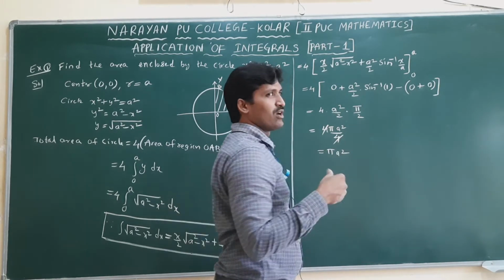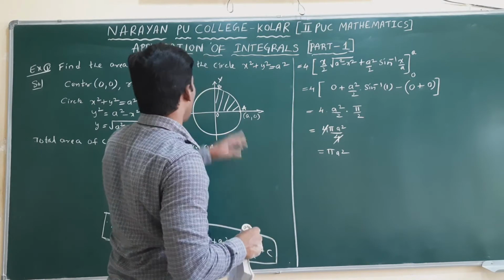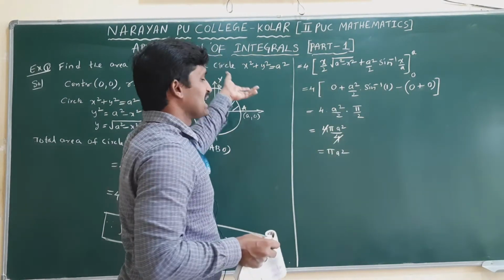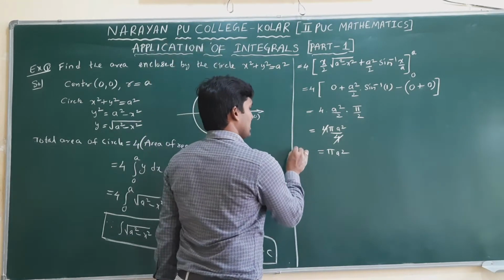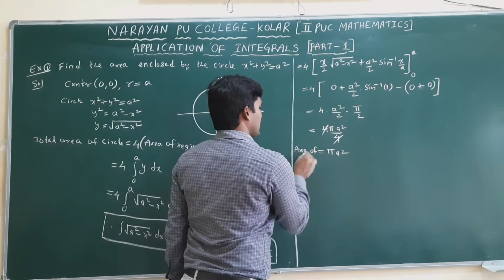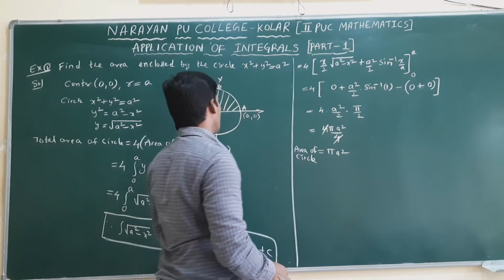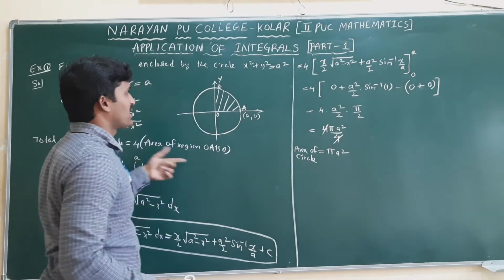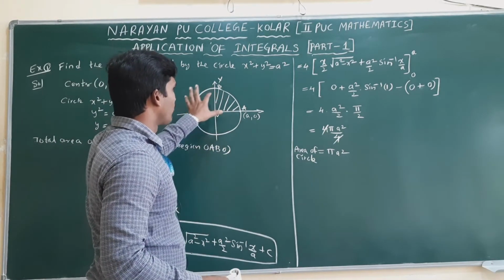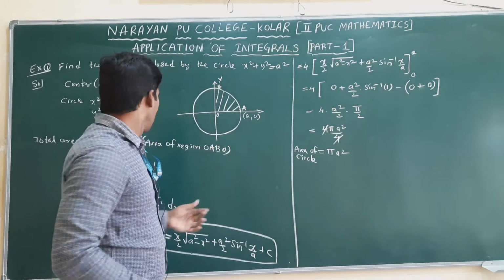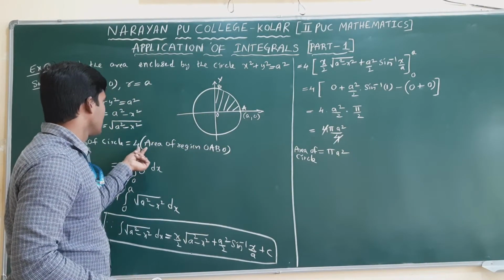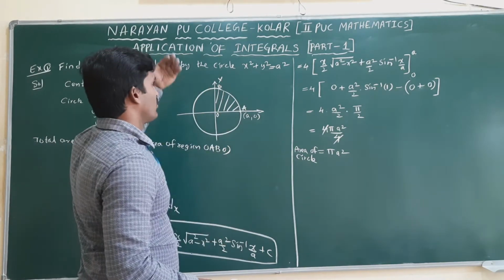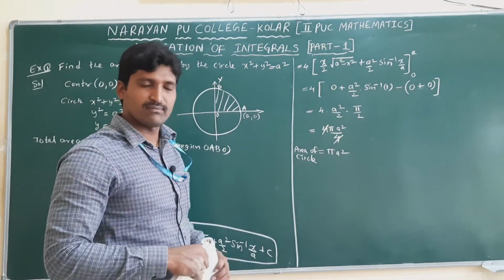Now generally area of circle is what? Pi r square. Where r is what here? A. We got same only. But we are finding based on definite integral concept. This is the area of the complete circle. So, in place of finding all 4 parts, find one part, multiply 4 times, because the complete circle has 4 equal parts. That's why I am taking total area of circle as 4 times the area of only this region, OABO. If you find with respect to y-axis also, you will get same answer. Okay.